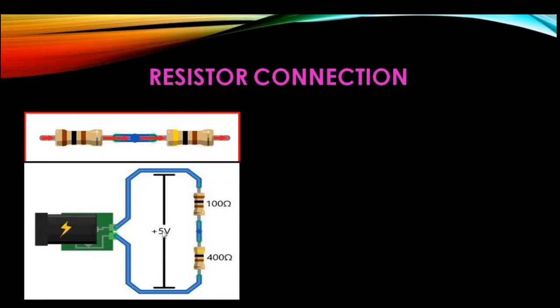Now let us see here. I have two resistances, 100 ohm and 400 ohm. The first terminal of 100 ohm is connected to a battery. The second terminal is connected to 400 ohm. And for the 400 ohm resistance, the first terminal is connected to the 100 ohm and the second terminal is connected to the battery. So here only at one point the connection between the two resistances is established. This is what a series connection is.